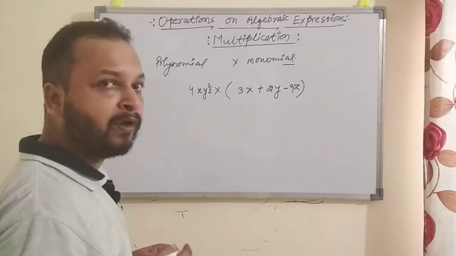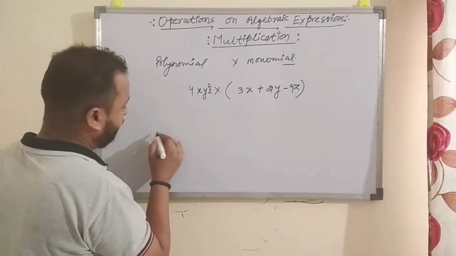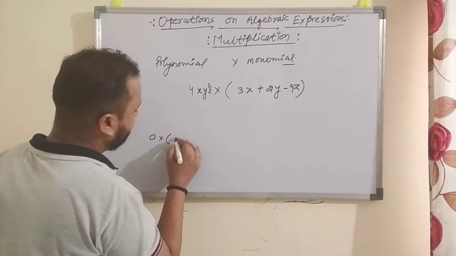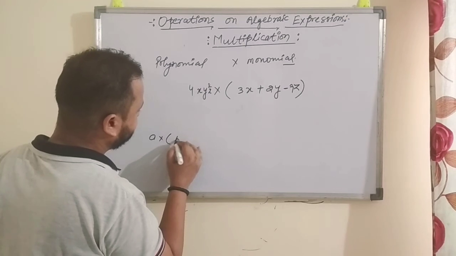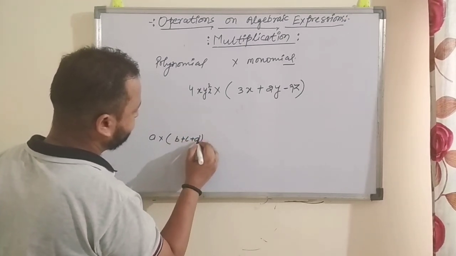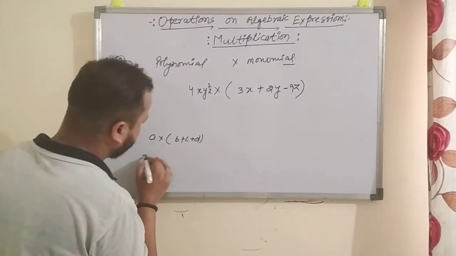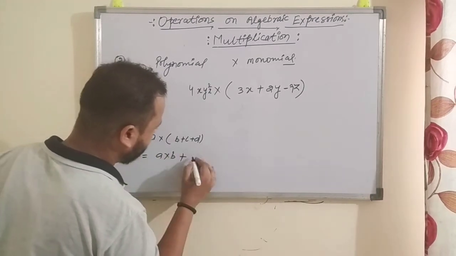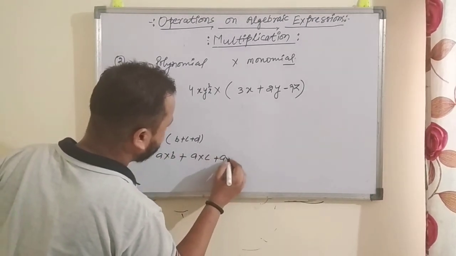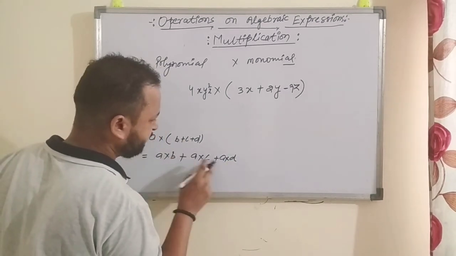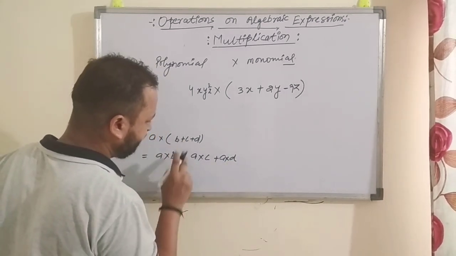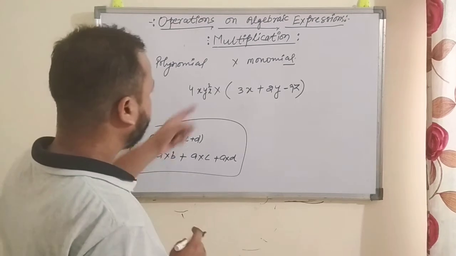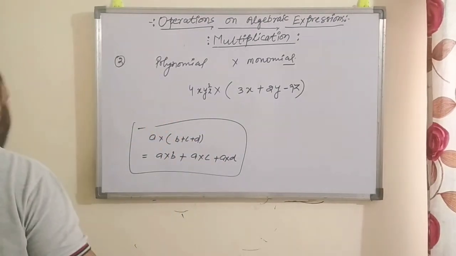Then you have to follow the distributive law. You know the distributive law. Suppose a number a is being multiplied with b plus c plus d, or b plus c is given, right? So a is first multiplied with b, so a multiplied by b plus a multiplied by c plus a multiplied by d. Here the addition sign is given, so the plus sign is kept. If minus is given, you put minus here, right? So this is the distributive law, and this law we are going to follow.